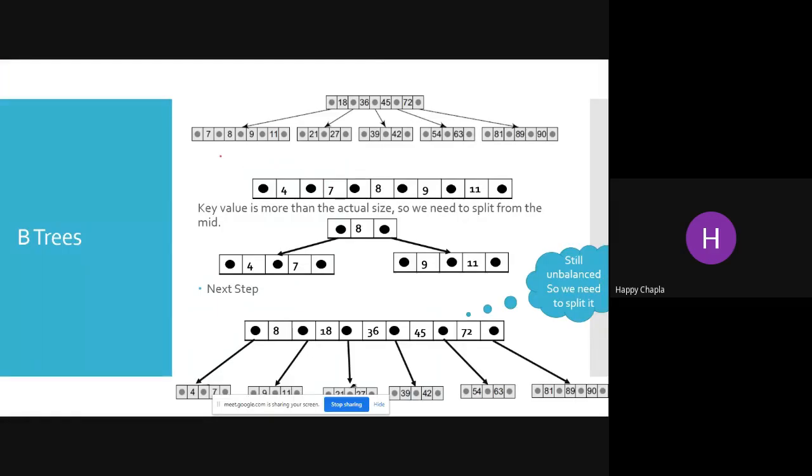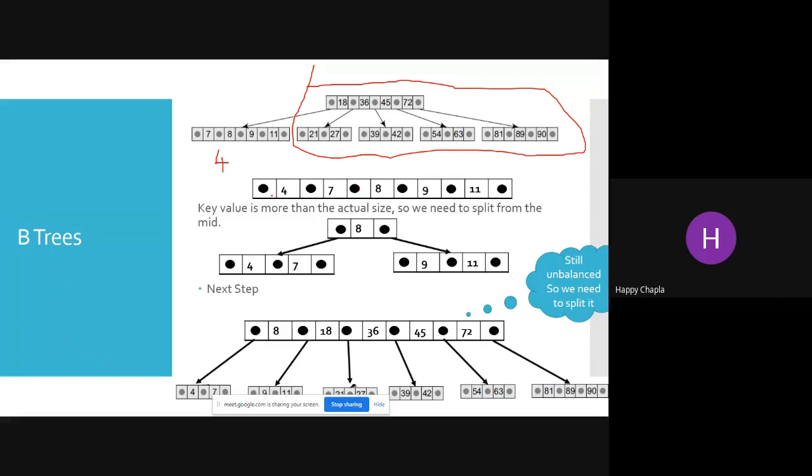Okay, clear. Now you want to insert this 4. Okay, so where can you insert 4? So find out from this. 4 is less than 18. Move towards the left hand side. Now, is my 4 greater than 7? No, less than 7. So this is the scenario of 4, 7, 8, 9, and 11. The rest of the tree works the same. There is no change. But after this insertion of 4, it may change. So we'll see what the scenario would be.